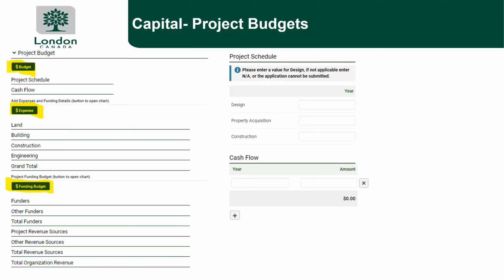So summer 2024 until summer of 2025 to summer of 2026 is when these projects will operate for. So we kind of need a bit of a timeline as well. And then we also ask what your cash flow is. So for this year, so 2025, what's your cash flow to your organization? And you can open another tab underneath with the little plus sign, and you can put 2026 on what your cash flow is for that year as well.